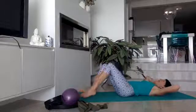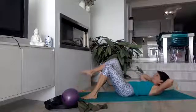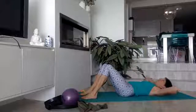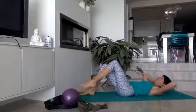Inhale, head back down. Okay, watch that little boom boom that happens. Yep. Exhale, lift the right leg. Inhale, lower back down. Good. Lift and lower. So let's say, for example, I'm finding that adding that leg lift is just too tiresome